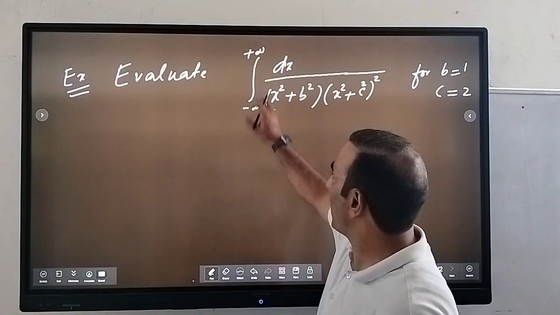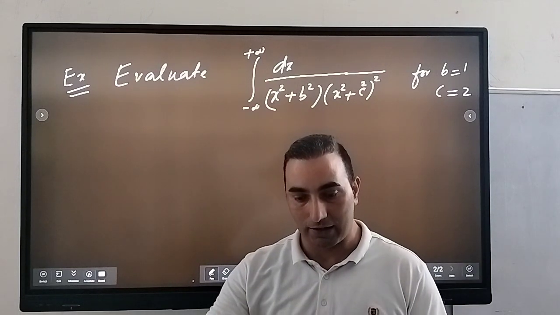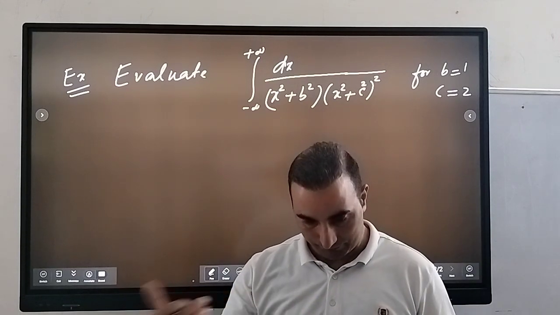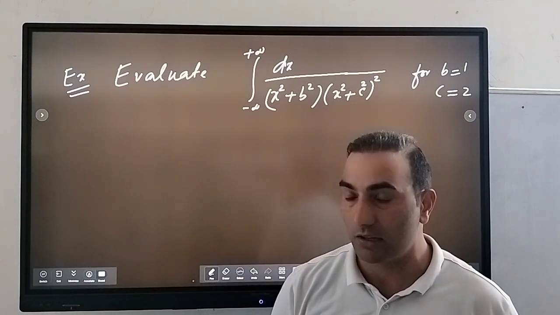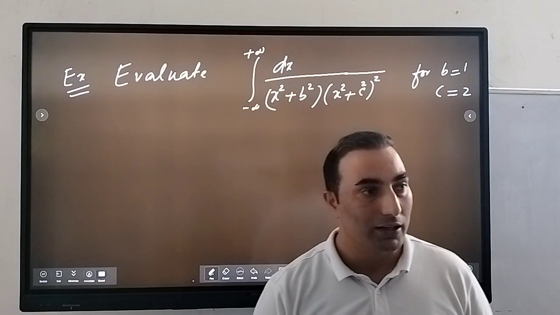And the limits are going from minus infinity to plus infinity. So that means we are saying that r should go to infinity. And one more condition, if you remember, in our classwork I told you that if you take that